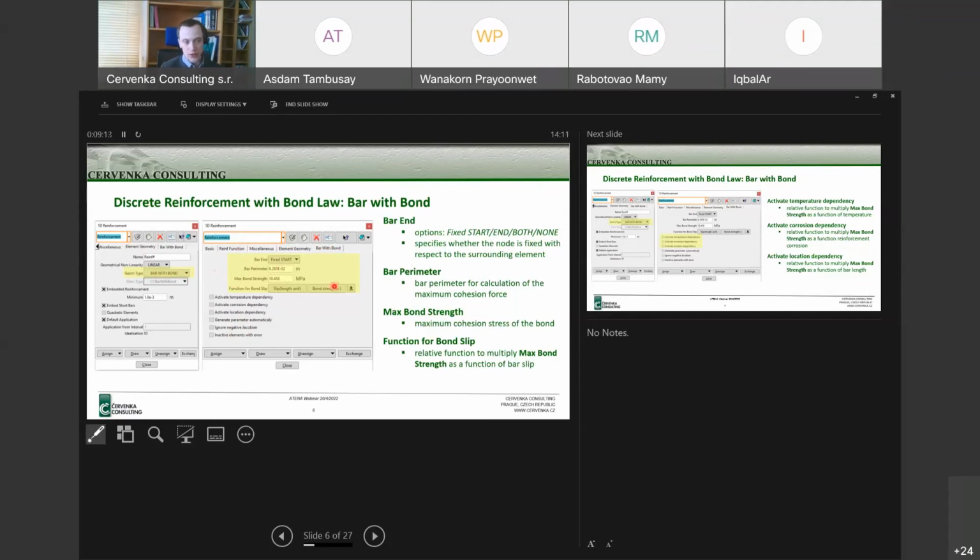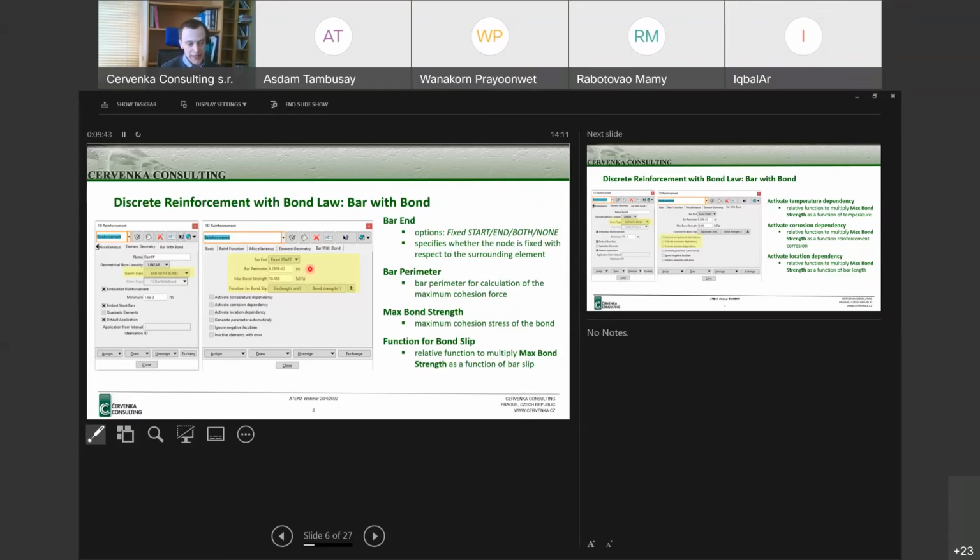As I mentioned earlier, this bond strength is evaluated as a friction along the bar, for which we need the bond strength and we need the bar perimeter. You can also define if any of the ends of the reinforcement are fixed with respect to the surrounding